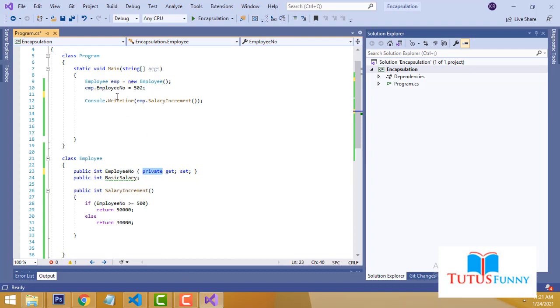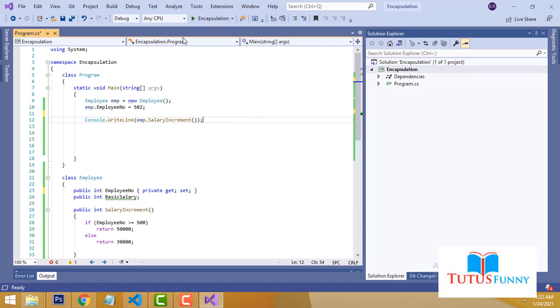Imagine this is the employee number. It won't be shown here. Only here we have to get it. Sorry, here we will receive the password. It won't be shown. That's why we have to put it like this. This is the essential way you have to write the programming. This is how we have to write the program, right?